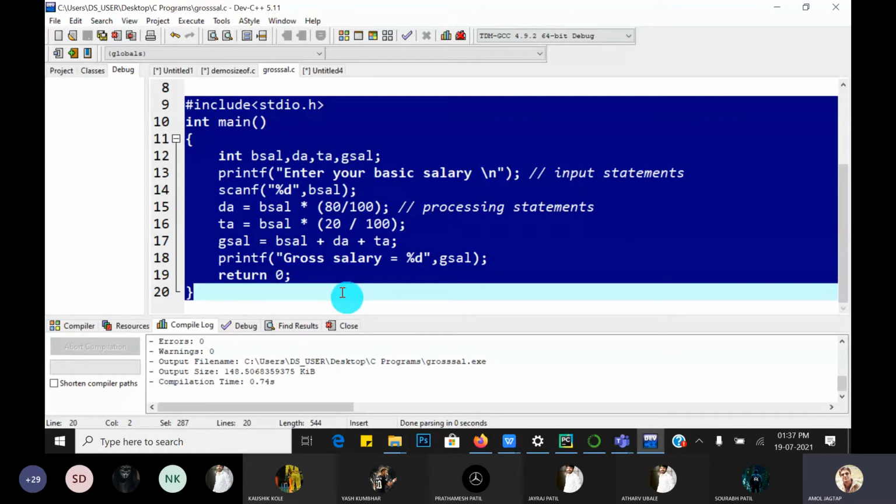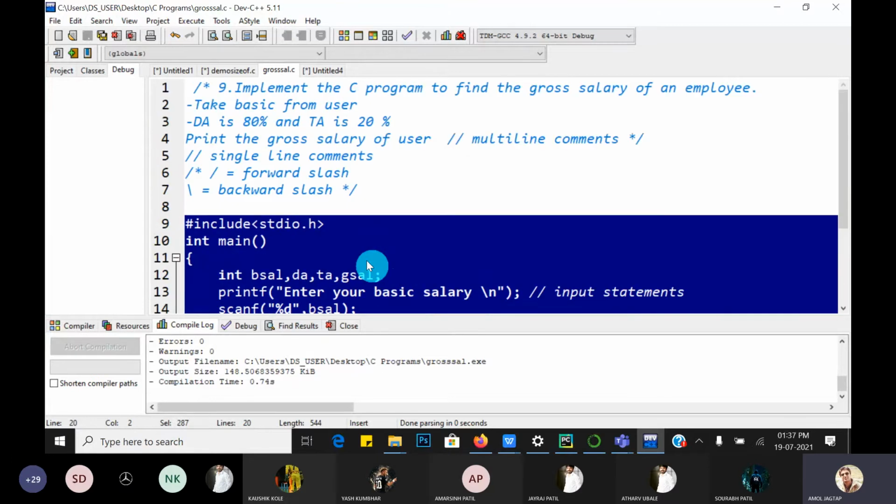Just tell me, see the code and what is the mistake? Scanf function is not there. Scanf function is not required. What is the use of the scanf function? To take the value from the user. Only what we want to take from the user is basic salary.